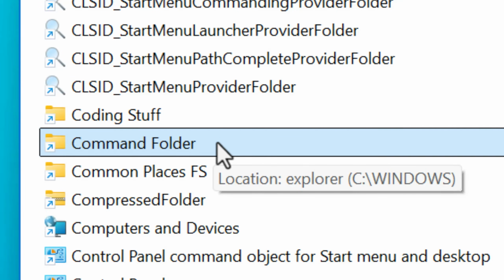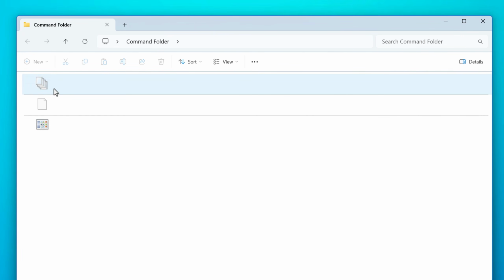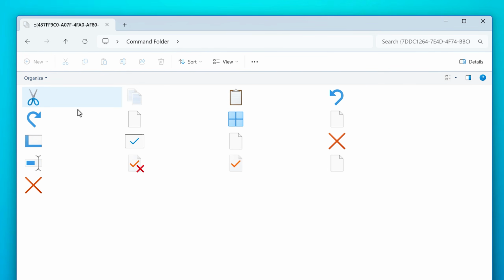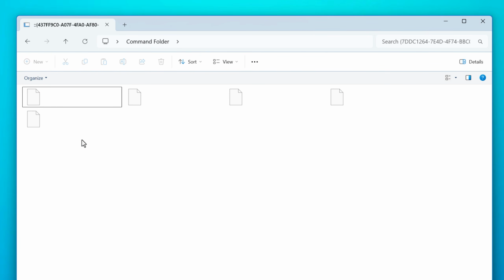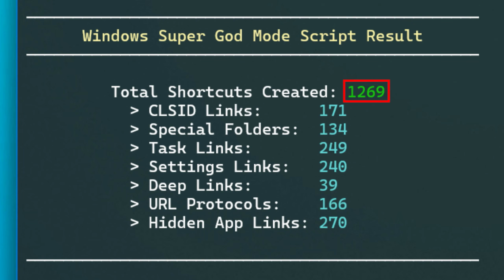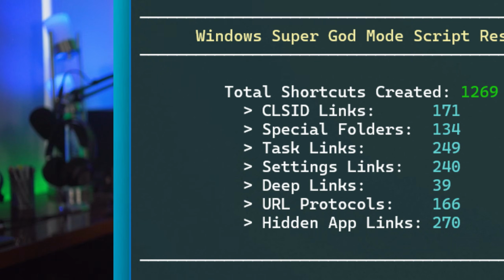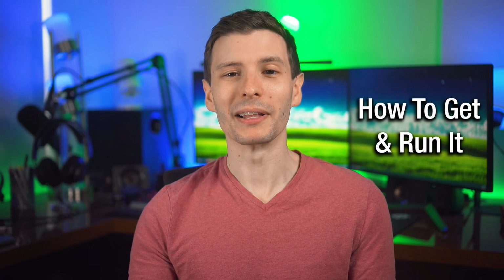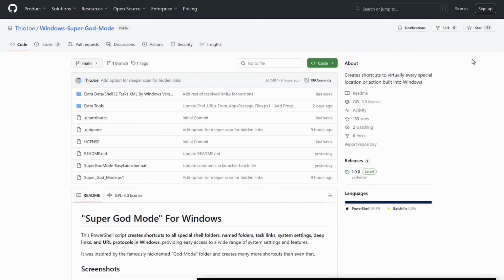But also more weird ones, like this command folder, which as far as I can tell is some kind of virtual embedded folder that Explorer uses to show user interface elements, and you're definitely not supposed to just be able to open this normally. In total, it will usually gather over 1,000 special links depending on your Windows version and installation. So if that other folder is nicknamed Windows God Mode, then I guess you could call this Super God Mode. Alright, enough yapping, let's actually get to how to run this,